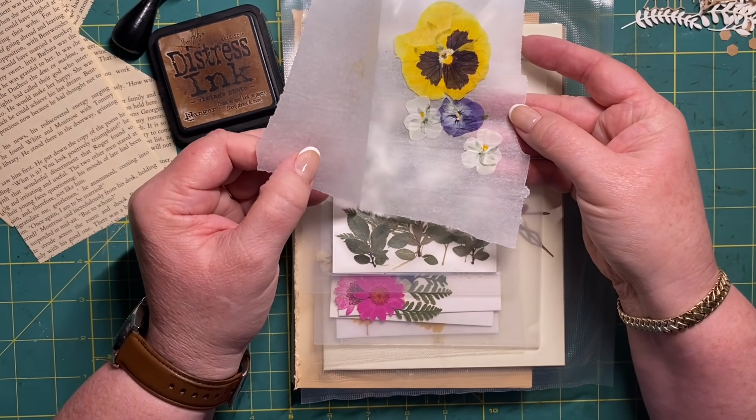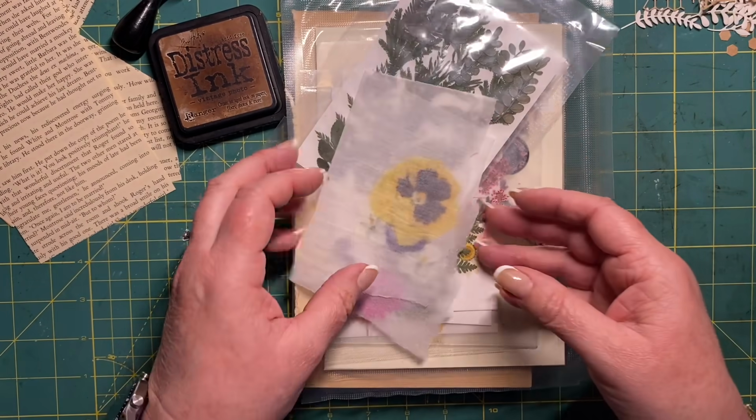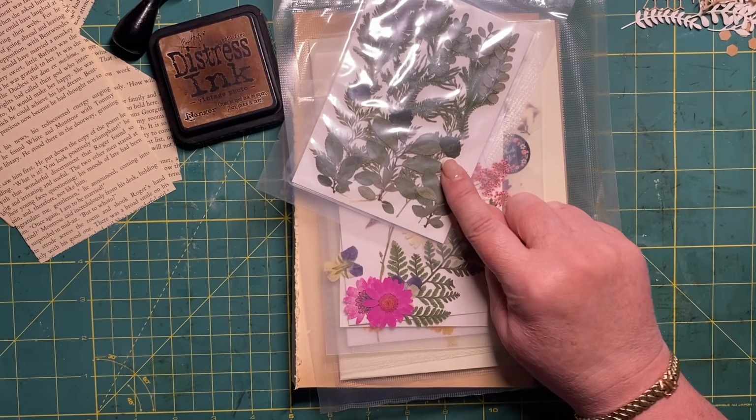They turned out really beautifully. You can do something like that if you like, or the other option that you've got is I bought these